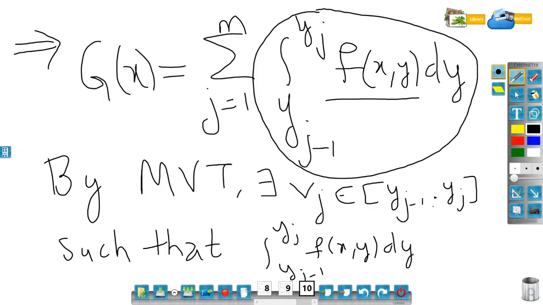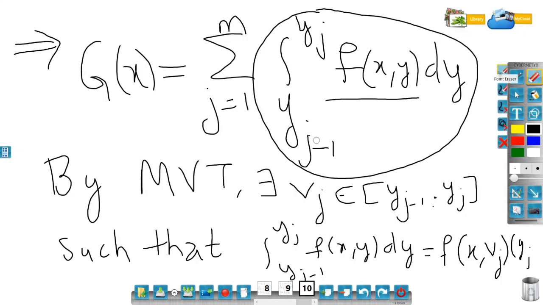Now I am assuming that x is fixed, so this is a function of only y, like the mean value theorem we use for one variable only. So this is the same as f at x comma vj, and my g function is 1 here, into